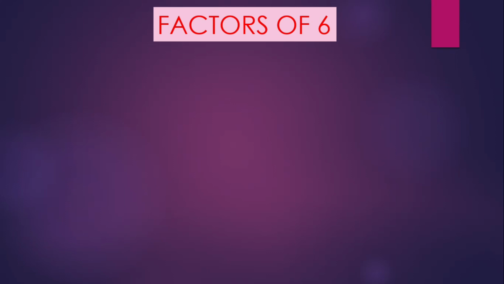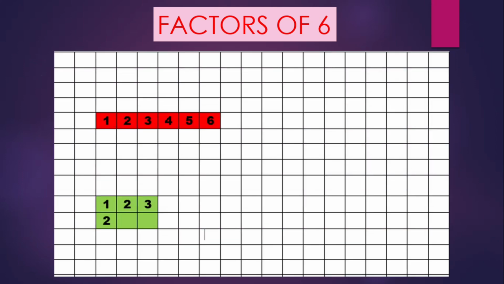Right? So now moving on to the presentation part. First of all we have factors of 6. So children, I am here going to make factors of 6, and for this I have taken a math paper, a paper with squares. As you can see on my screen here: 1, 2, 3, 4, 5 and 6. 6 squares I have taken in a single horizontal line. So this is the first factor of 6. 1 6 is 6. And the second arrangement is for the factors 2 3s are 6.